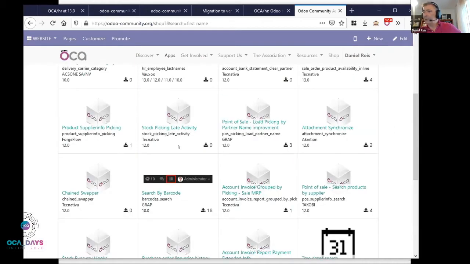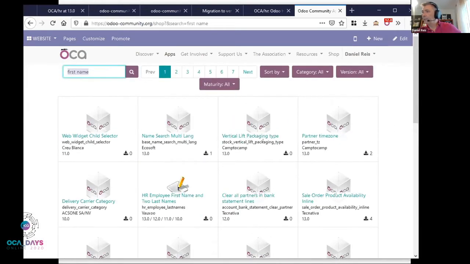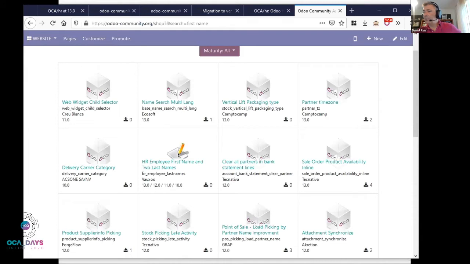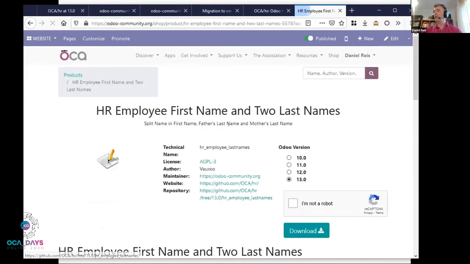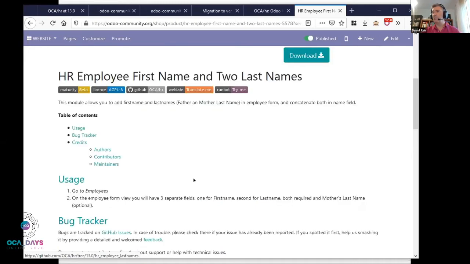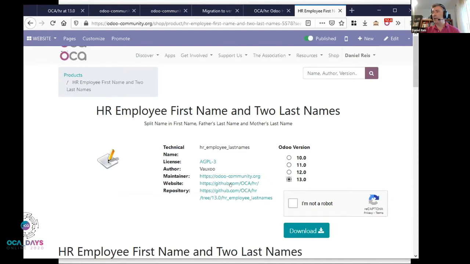So I can try to find an interesting module for me. Let's see something here. HR employee first name and two last names. See, and this tells me the module name and tells me the versions it's available for. Okay, this module exists from version 10 to version 13. In version 13, it's hosted in the OCA HR. In version 12, it's also hosted in OCA HR. So in case it's changed repos, you will know what repo is being used for each version. So you have useful information. You know which repo to look into. And if you want, then you have here the README available, and you can then jump into the repo and